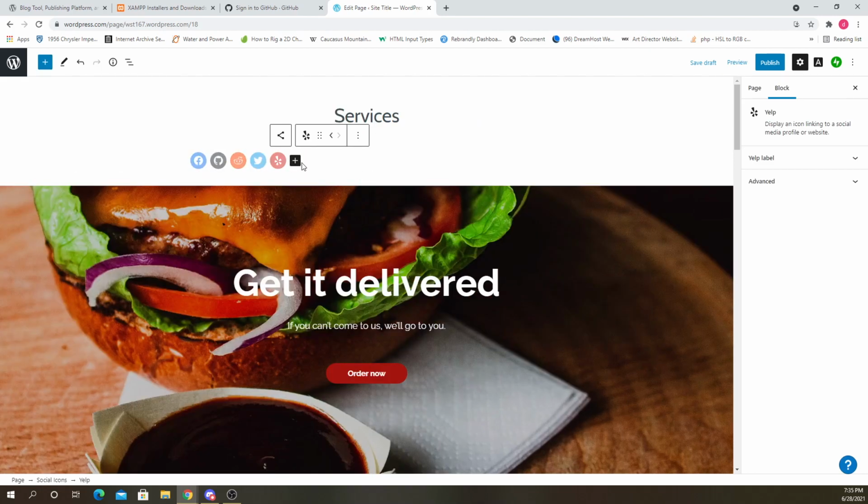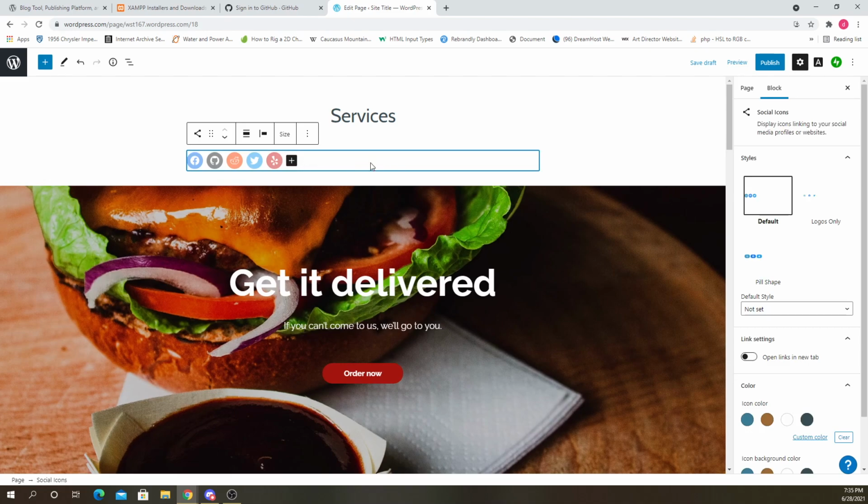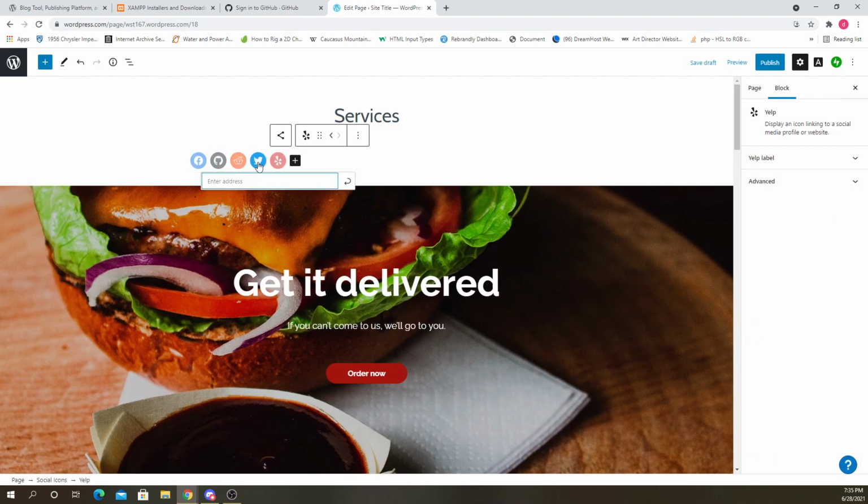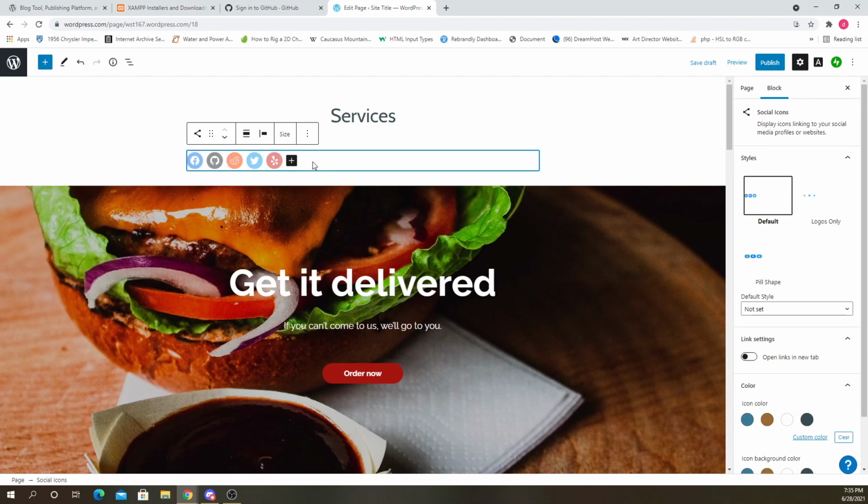If you want to format this, then you're gonna want to click on the overall, what do you call it, the whole block that contains the social icons instead of an individual social icon. You want to click the whole thing. So here's social icons, and we can say there's different styles here.